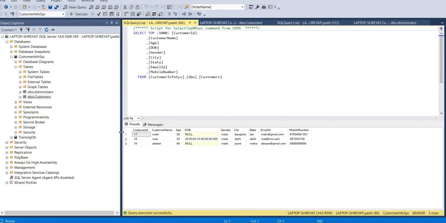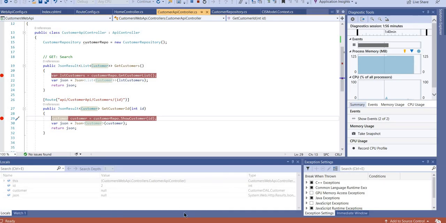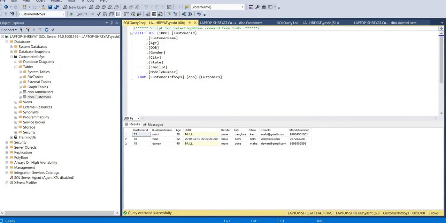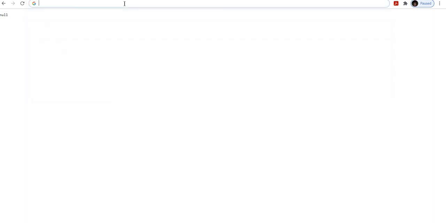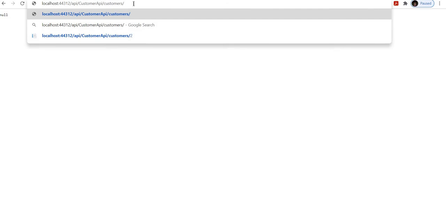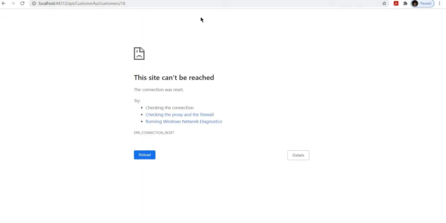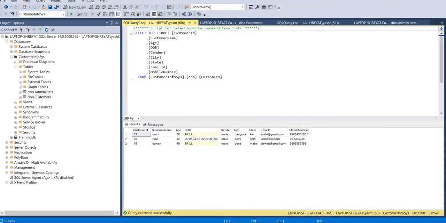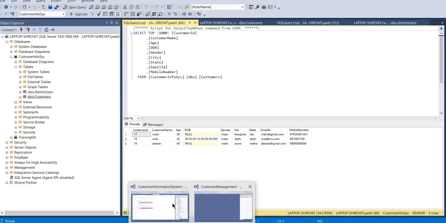Customer ID 1718, fine. So just go back here, just right here, 18, okay, 18 and hit enter. Okay, just let me run it again. This one,